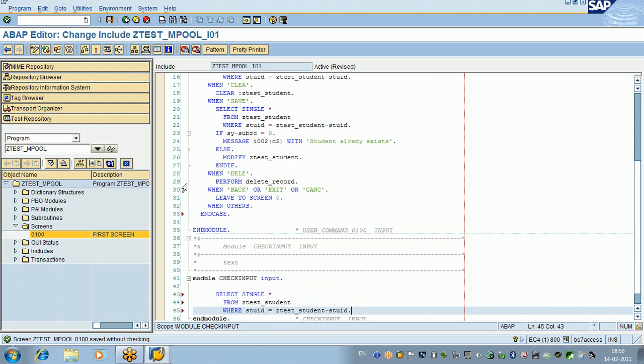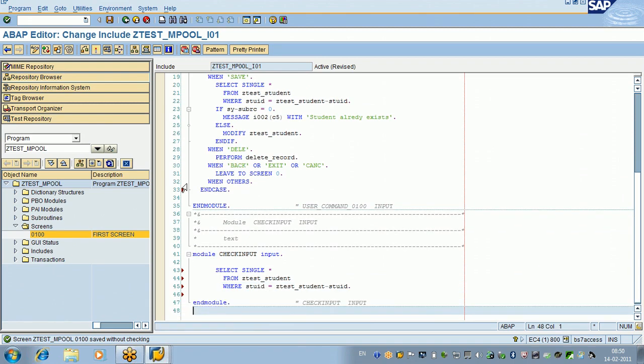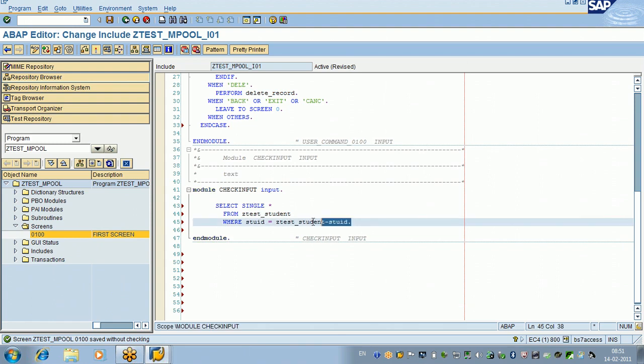In the module check input, I will say select single star from ztest_student where student ID is equal to ztest_student-student ID. That means whatever you enter in the selection screen,